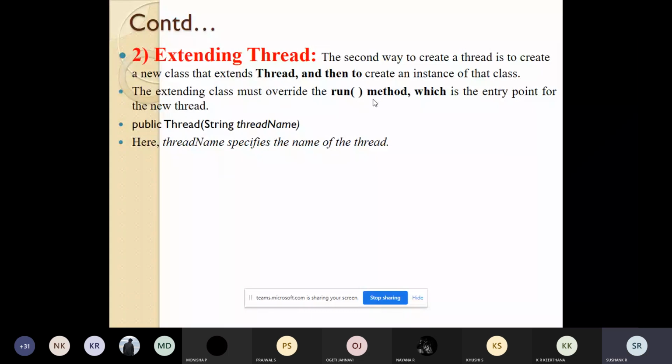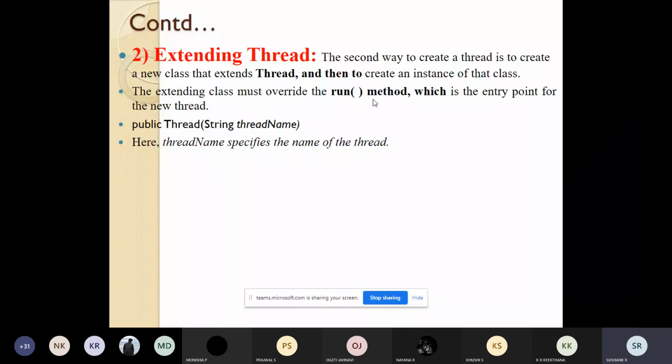Most of the examples in the textbook follow this approach of implementing the Runnable interface. So this is how you can create a thread in Java.